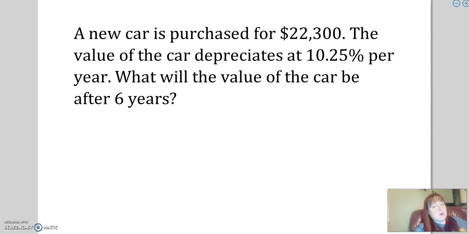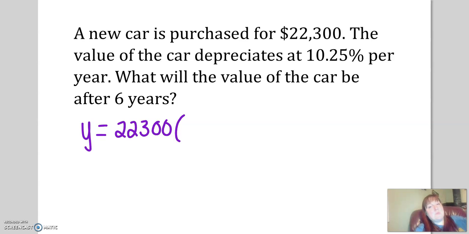Okay, so if we have a new car that's purchased for 22,300, we're going to depreciate it because new cars depreciate. We're going to find out the value after 6 years. So we have y equals our initial amount. And then how much is that car worth after the first year? It's worth not 100%, right? It was worth 100% at the beginning. Now it's worth 10.25% less than that. So what is 100 minus 10.25? Well, that's